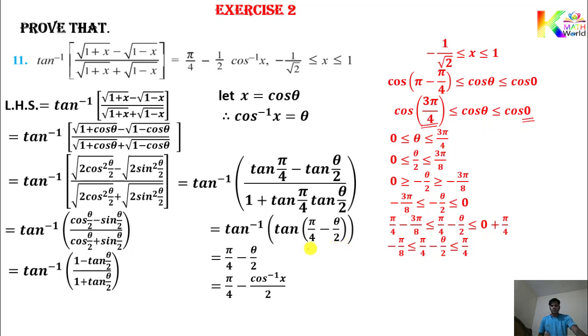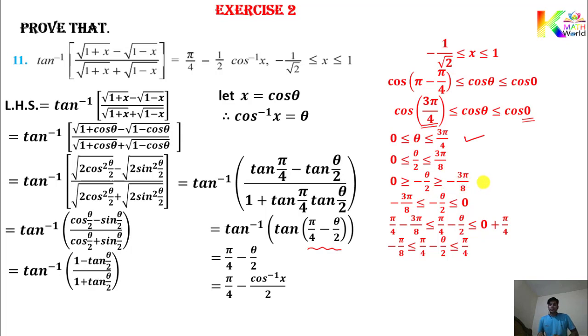You can see here this is your angle pi by 4 minus theta by 2 that we try to set here. So you got up to theta only. So now what is required? It is required 1 by 2. It means theta by 2 is required. So for that, dividing by 2. So 0 is less than equal to theta by 2 is less than equal to 3 pi by 8. Now you can see the minus sign is ahead. So multiplying by minus 1. When you multiply by minus 1, the inequality gets changed. So 0 greater than equal to minus theta by 2 greater than equal to minus 3 pi by 8.